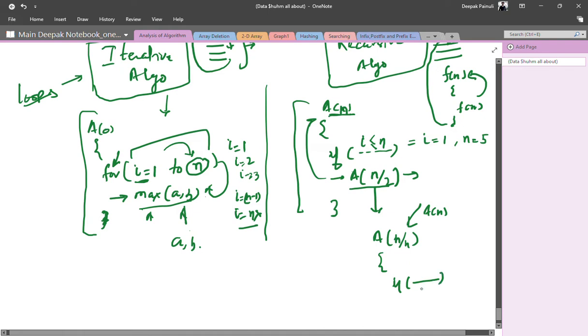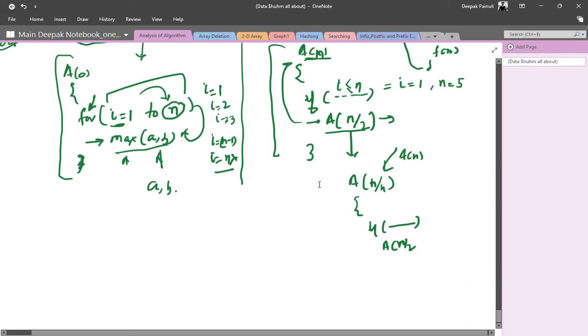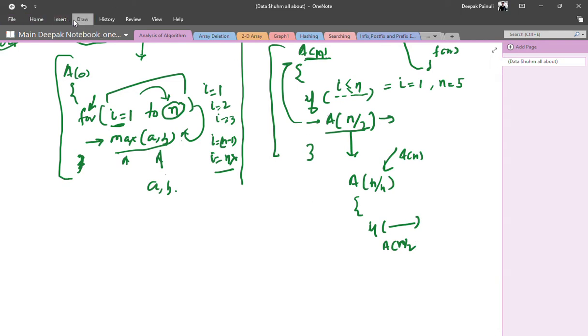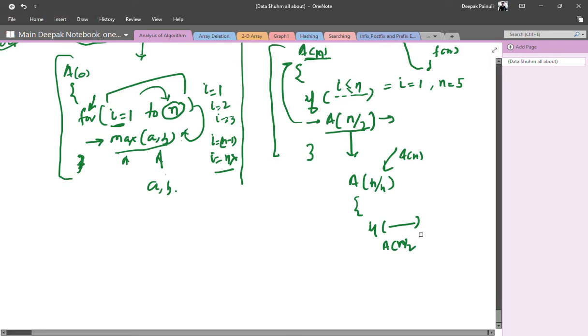The condition will be the same as this code has, and in this condition you have another n by 2, right? Let me write it again clearly so that you will understand it better. Now you will see the difference between iteration and recursion.